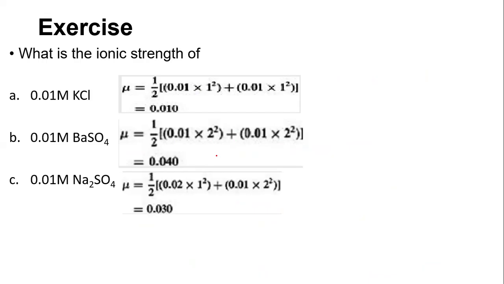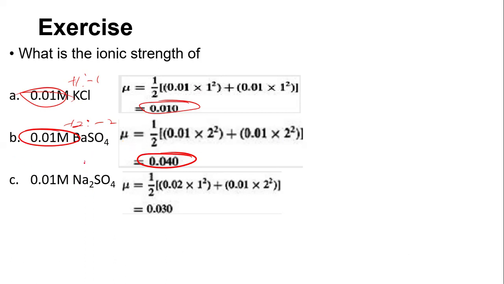Now from this, we can get some tricks. So the tricks are what we have to look at at this point. Now, if the charges are like plus 1 minus 1, if it's 1:1, then the ionic strength is the same as the concentration. That is what we can observe from here. Now, if it's 2:2, like this one, barium is plus 2, and this is minus 2,